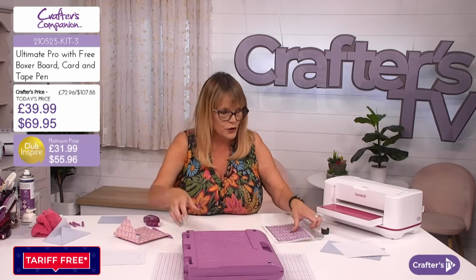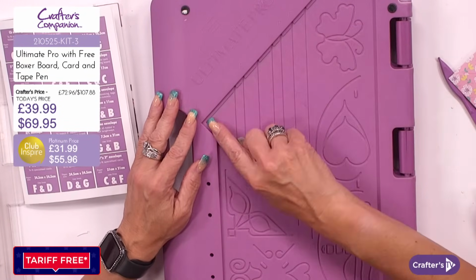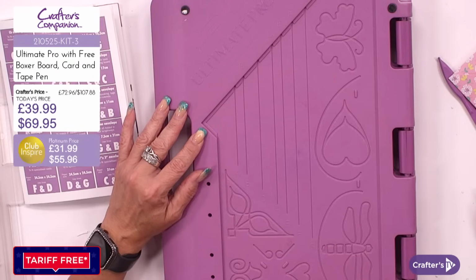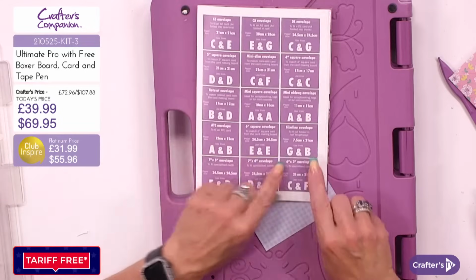And then if you were doing your envelope boxes, it literally is where you've got the 2 grooves. So you literally do the same side. So you'd go into the first line and then move it up one and go into the second line. So if I've got a piece of cardstock, you move it up and do the same line. And the other top tip that I'm going to give you is if you've got 2, like G and B,